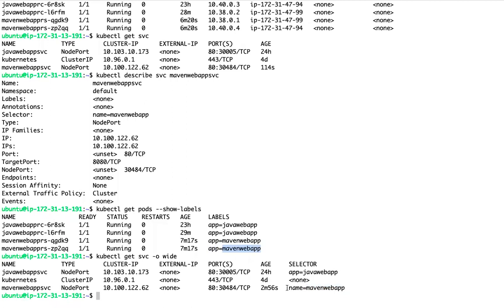My selector is name: maven-web-app. Do I have any pod with that label? So it's not matching, right? So labels and selectors are very important, guys, in Kubernetes. If you mess up your labels and selectors, it will not work as expected.